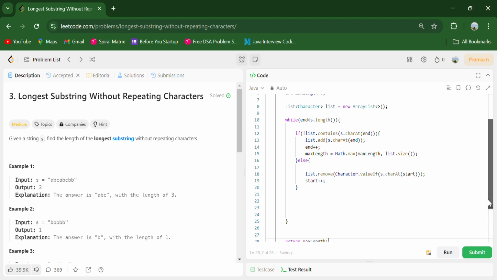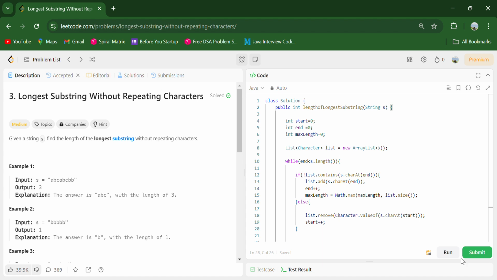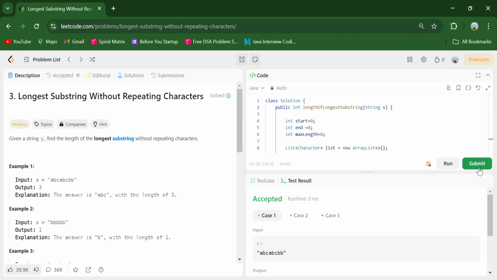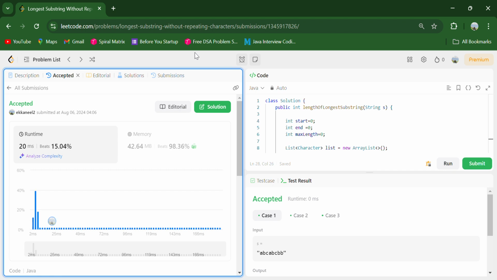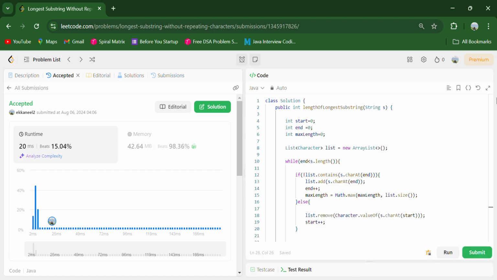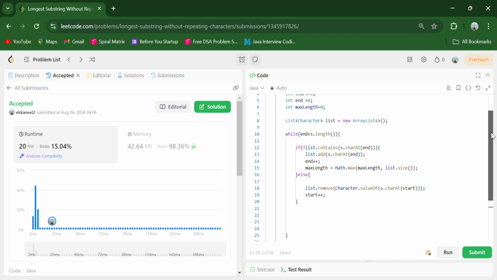Okay, the test cases were accepted. Great. So if we are to talk about the time and the space complexity, we are running through